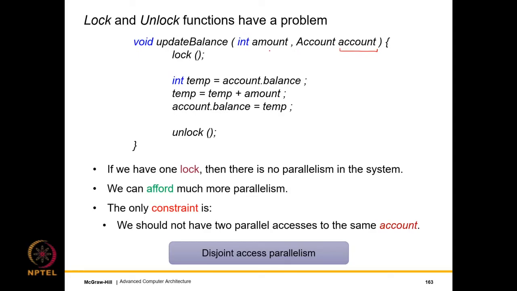of class account and we want to, let's say, add a certain amount, which is amount. Then we acquire a lock, and let's assume that we have a single lock. So we just acquire a lock and then we read in the account balance. The code has been written in such a manner that one line of C code translates to one line of assembly code. So we first read in the balance, which is a memory read operation.